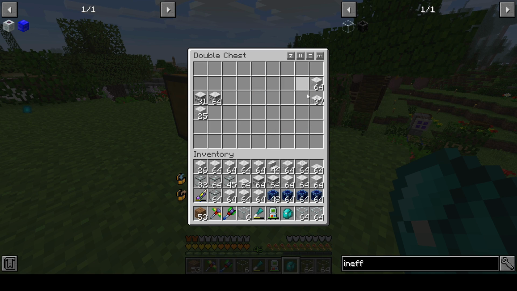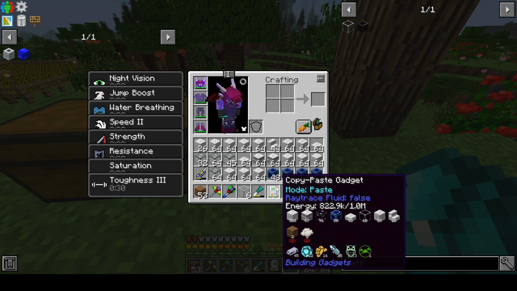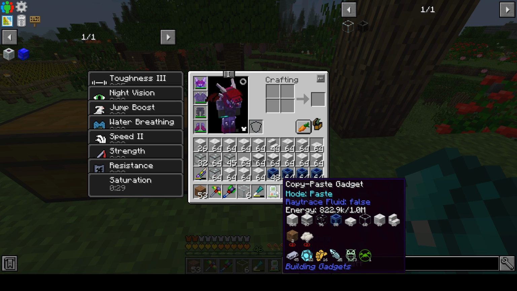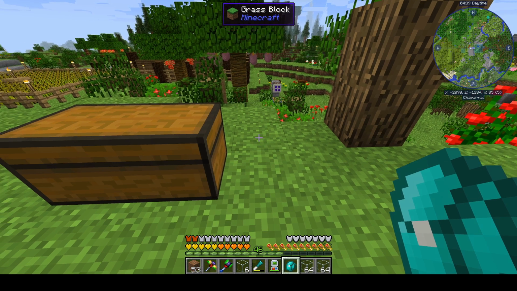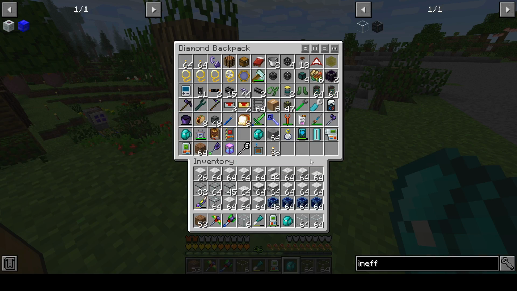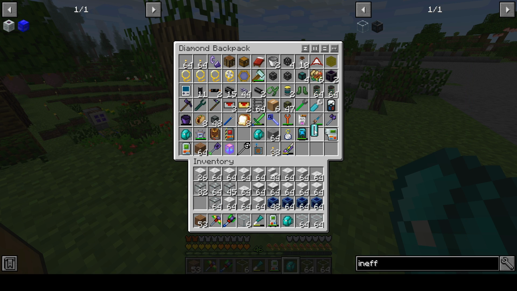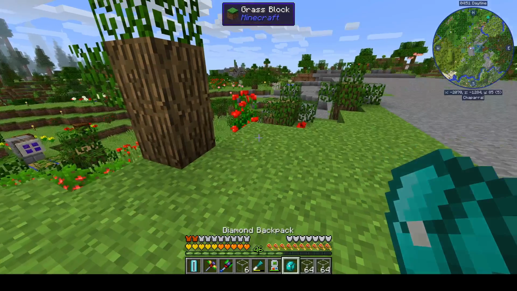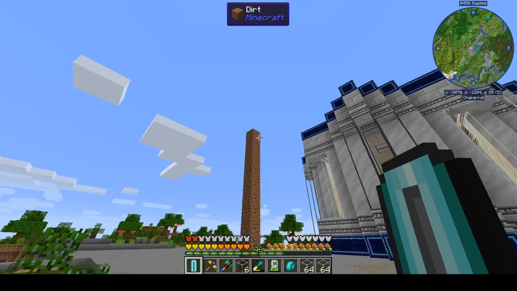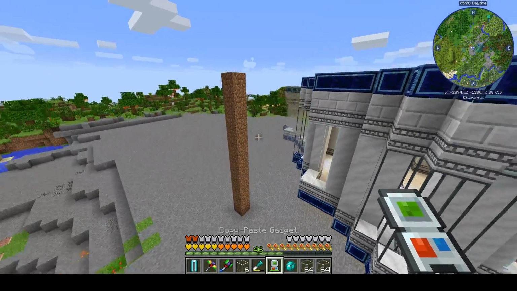1, 2, 3, 4, 5. Let's see what we're missing. Alright, so I didn't place the spacer blocks in there because I have the wrong kind of dirt and I don't have construction paste on me. So if we do this, it will place them. So then we can look at the other way you would do this, other than building a column on your guide piece. So if we do it this way,